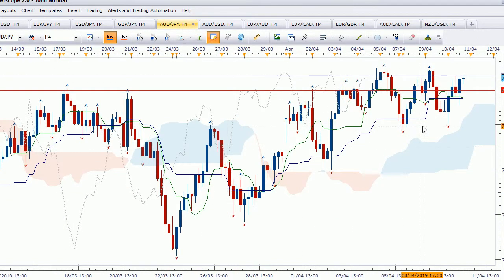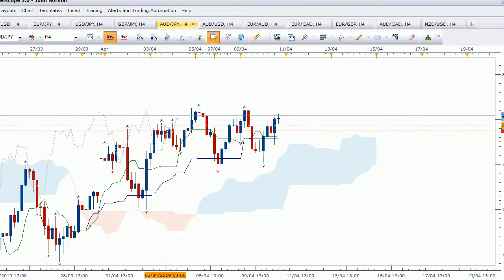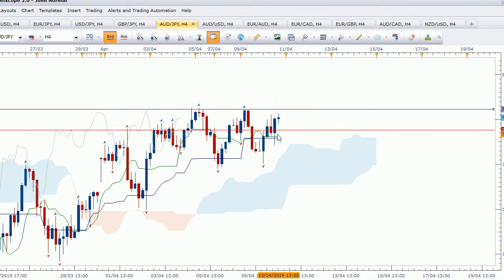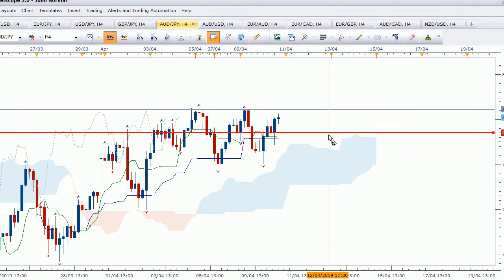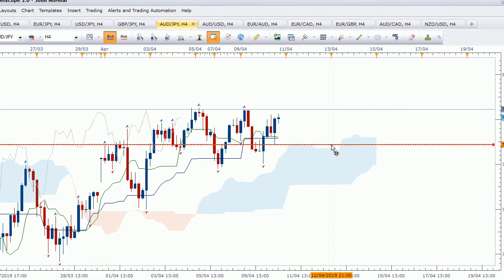Aussie Yen. We've got a level here at the top, and price looks like it's indecision there at the moment. Might move up to here, then we might get a trade. We'll look for some price action and possibly try and trade it to the downside. Again, it's more or less a range, because if you mark that there,